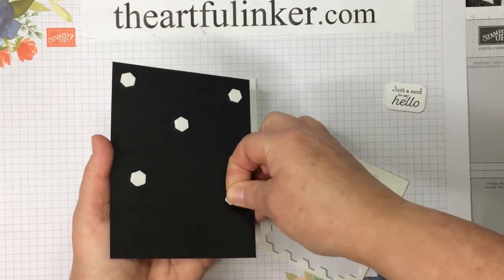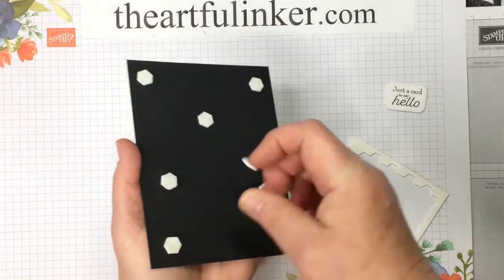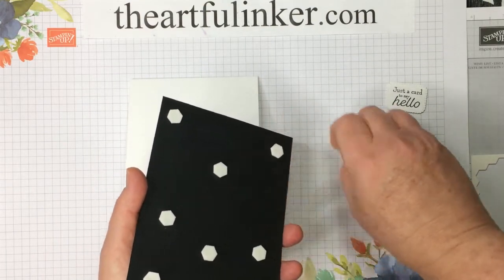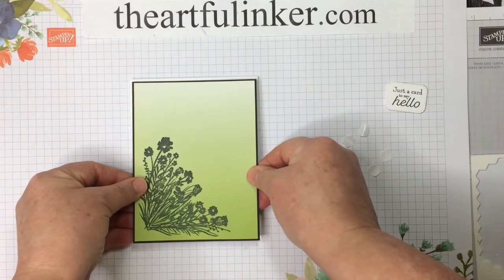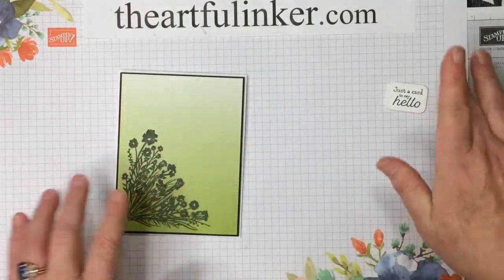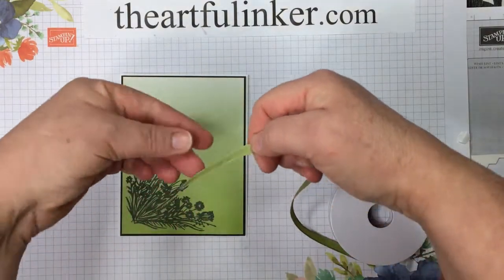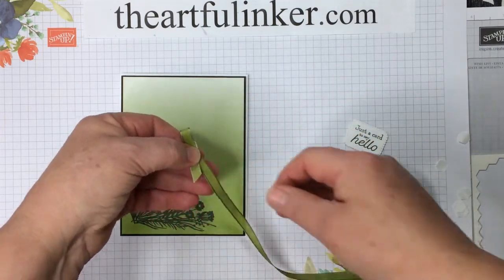As I'm adding the white dimensionals, I'm thinking that I might have liked to have had black dimensionals on this. And let's do one more right here. Okay, this is just a quick and easy card. That designer paper gives us lots of oomph, and our stamped image is just enough on the card. Okay, so we'll lay that down, and then I've got the ornate garden combo pack of ribbon, and I'm going to use the old olive ribbon in that and just do a folded over loop. Let me grab my scissors